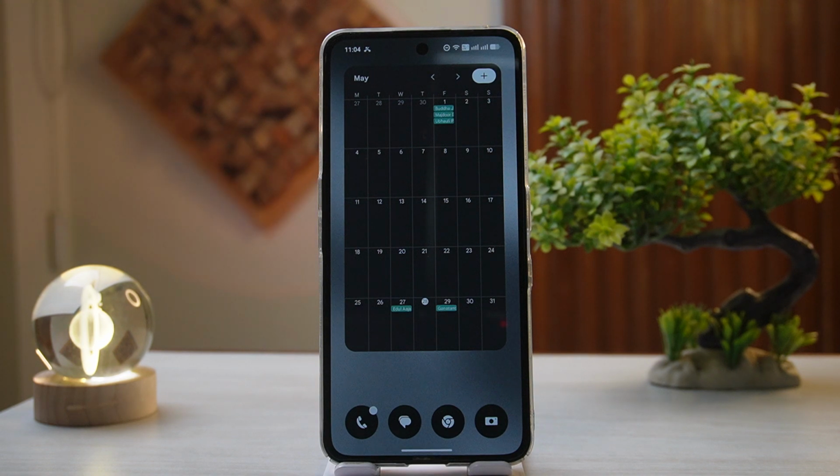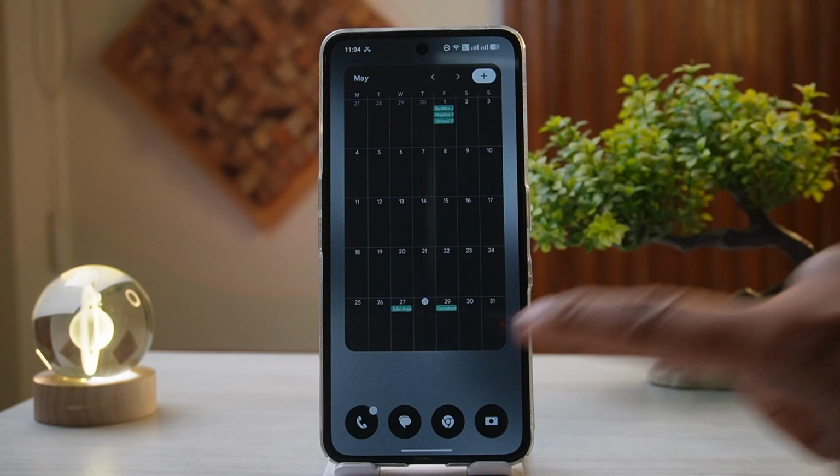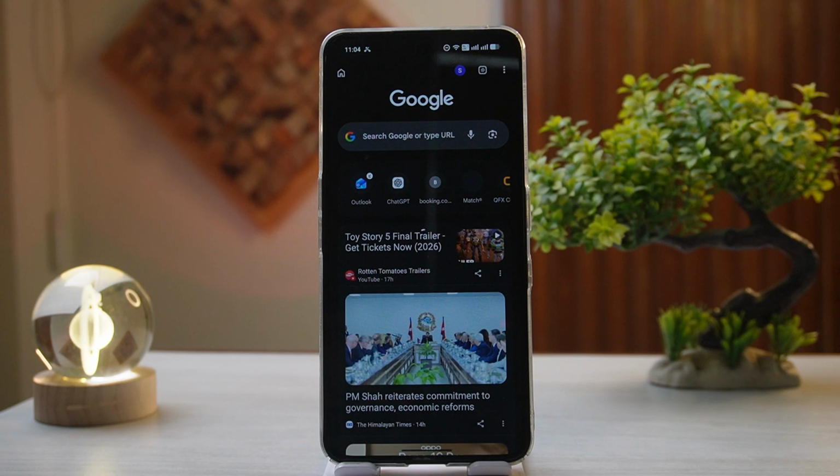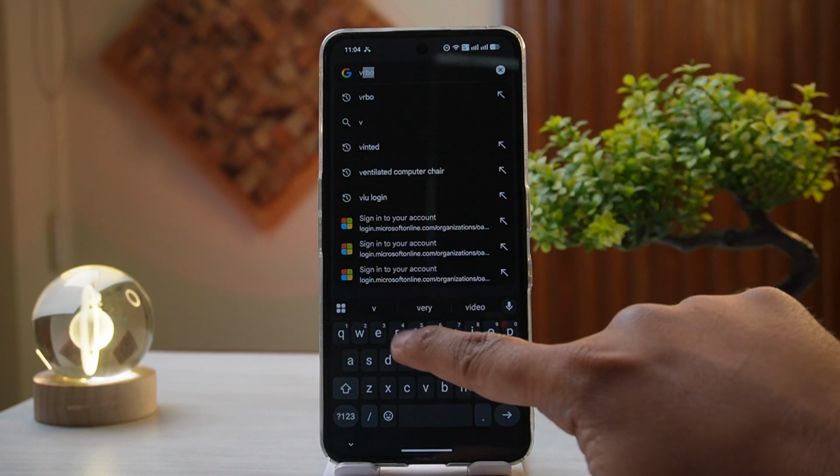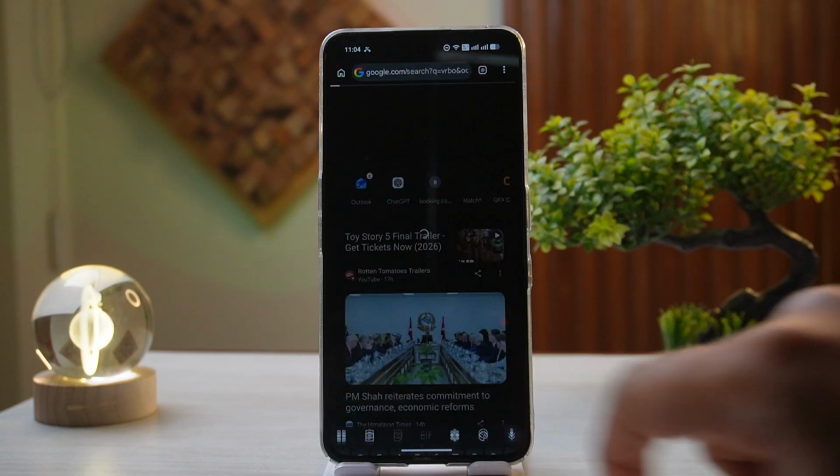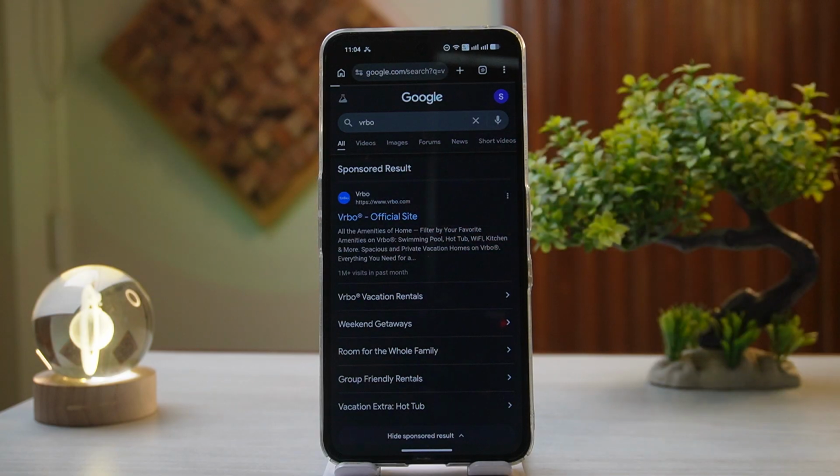Today's video is going to be about how to log into the Vrbo website step by step. For that, the first thing that you'll have to do is open up Google Chrome or a browser of your choice, and then in the search bar you can simply type in Vrbo and then hit go or enter on your keyboard. Tap on the first link